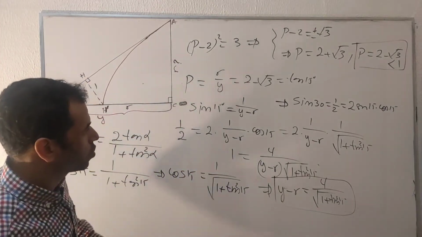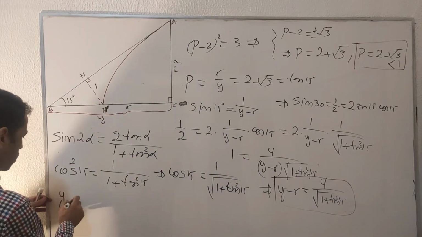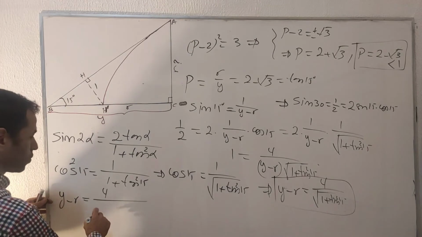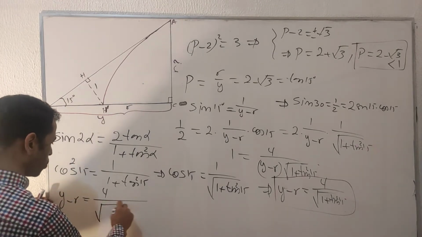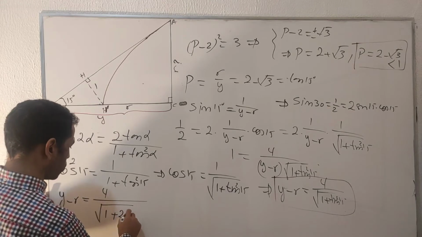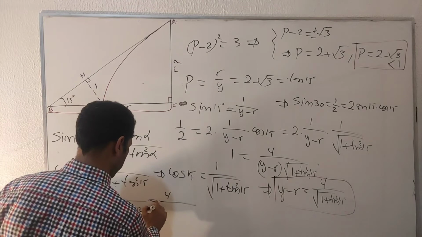Okay, so replacing this value into this one to get the following expression, I get y minus r equals 4 divided by square root of 1 plus 2 minus square root of 3 quantity square. After simplification, I get here